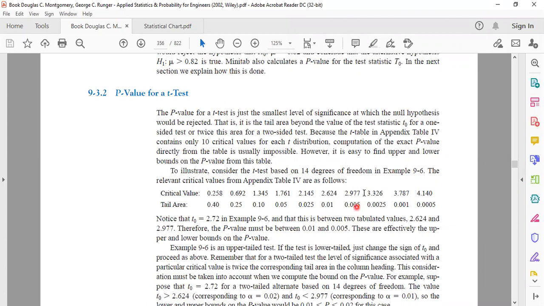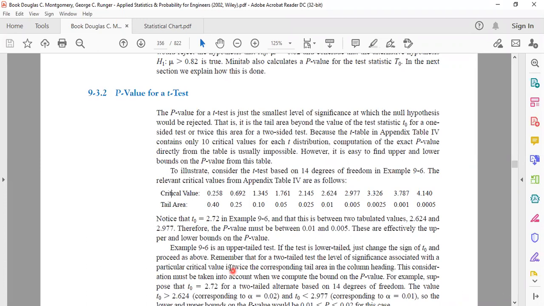Now in this way, you see the values are decreasing. These go from largest to smallest, from right to left, it is moving in this manner. So you will get this range in which the p value will lie.